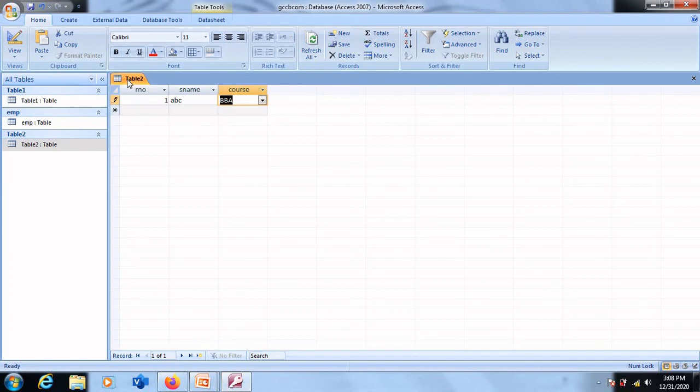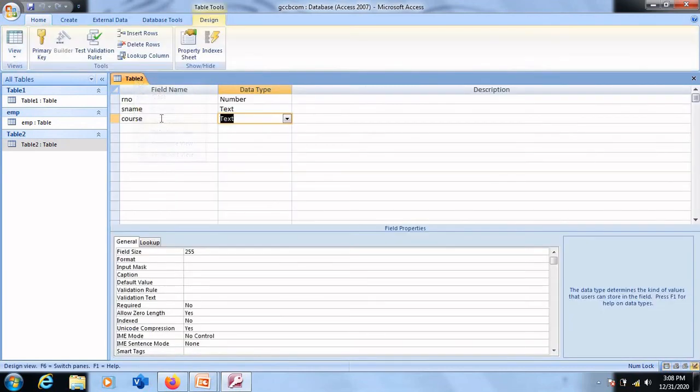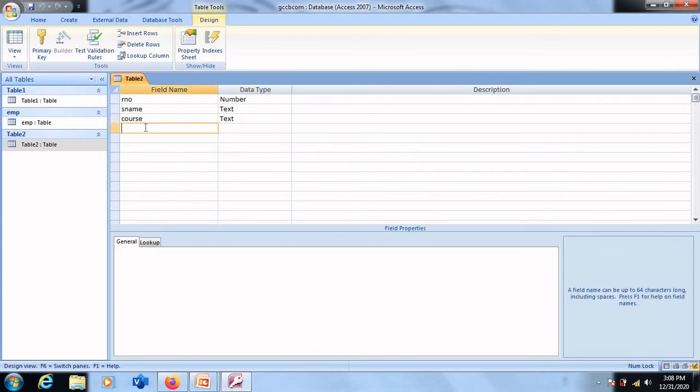For entering some more columns, I just will have to right click on the table tab called table 2 and select the 4th option called design view. Click on design view, it will bring you back to design window, and here you can add some more data fields that you wish to add.